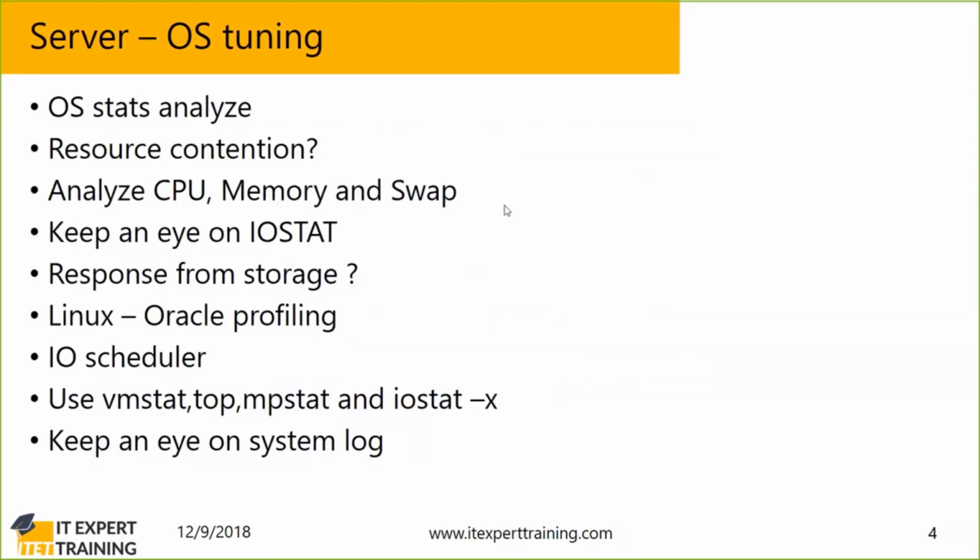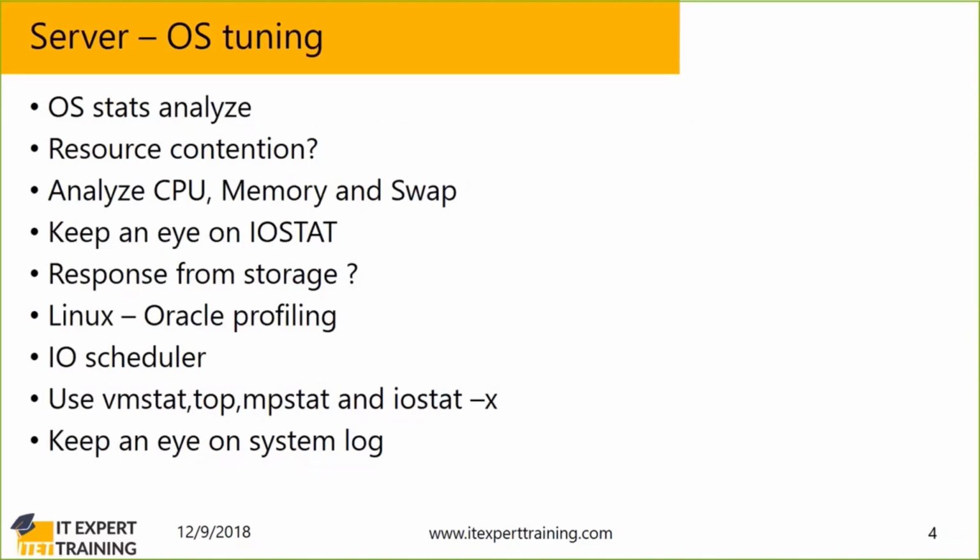The first thing we do is OS stats analysis. On a Linux server you have lots of commands like top, vmstat, mpstat, iostat. These are very commonly used commands where you can focus on the actual OS stats and what's exactly going on. They help us check whether there is any resource contention.